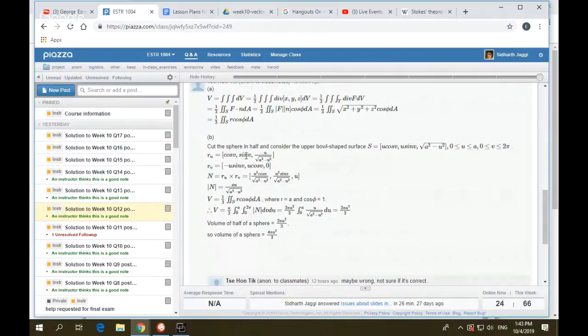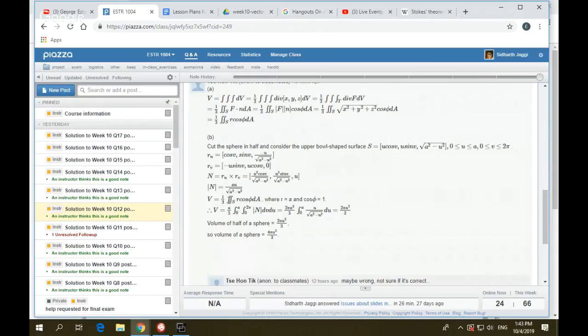So r cosine v, r sine v, and then the height is given by u over square root of... so u is the height, it's the z coordinate. So u over square root of a square minus u square, and then he derived the r_u, r_v, found the normal vector, found the integral, and then wrote the volume as so he was able to